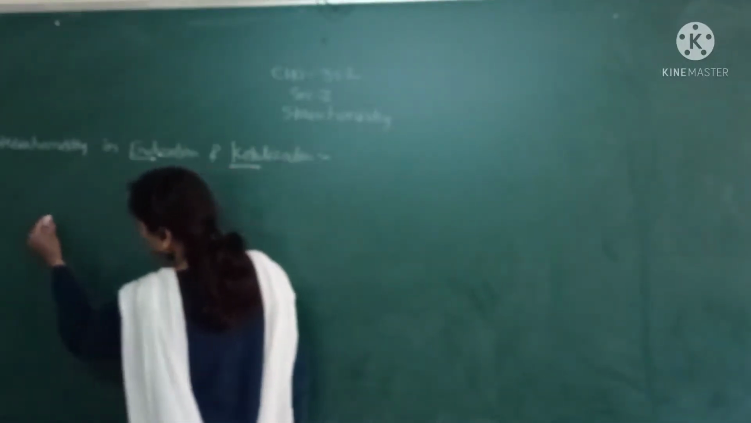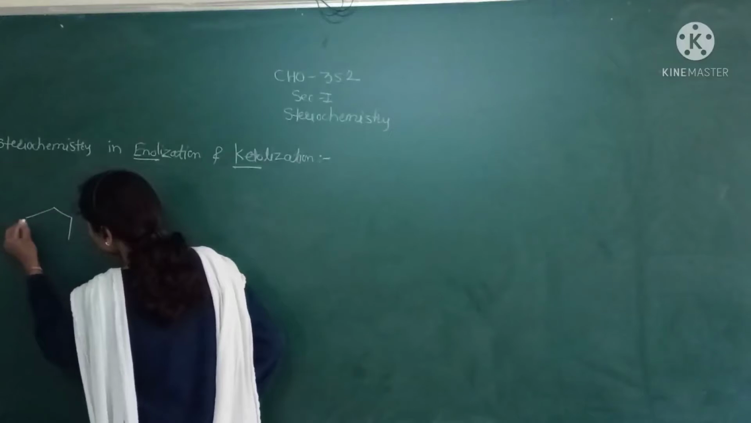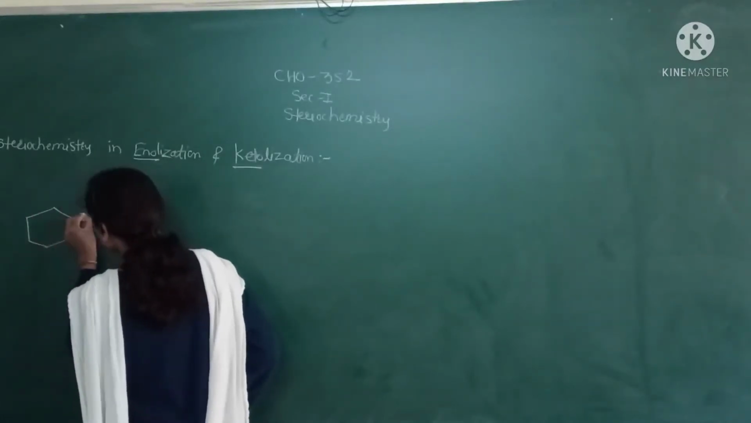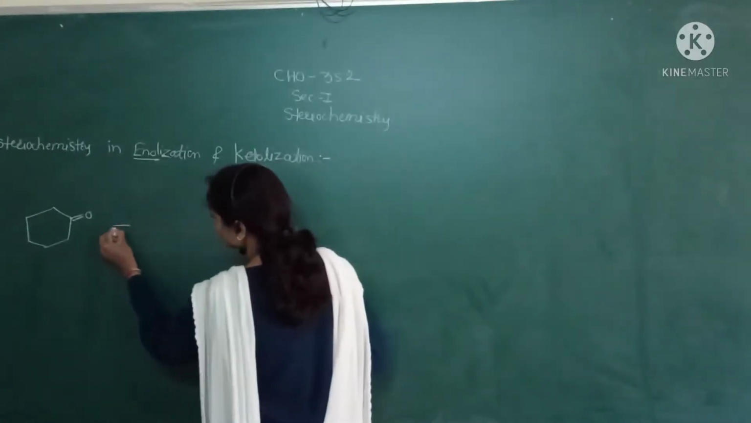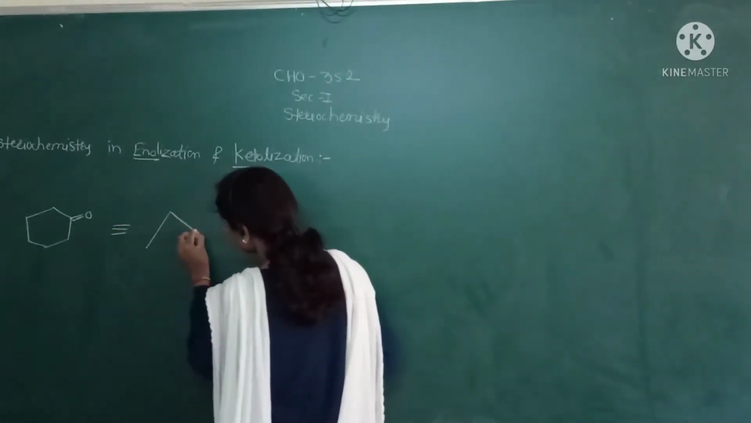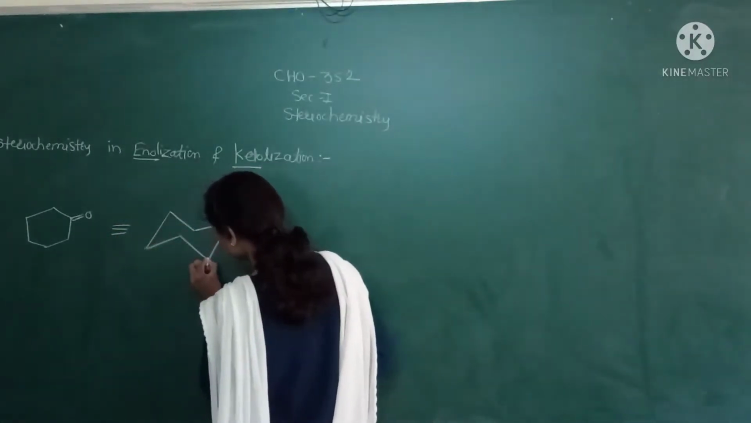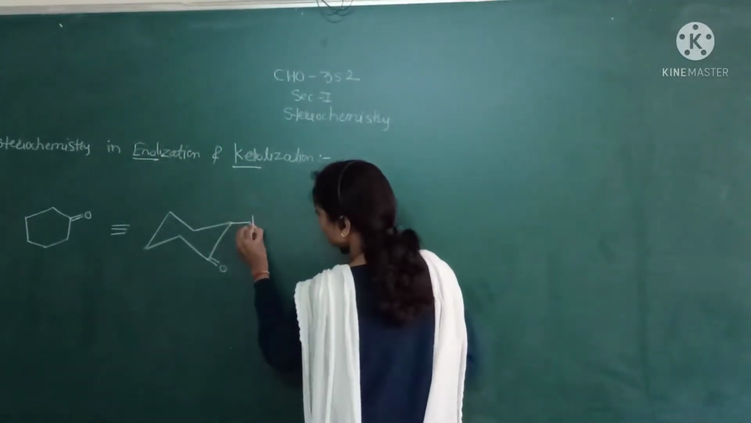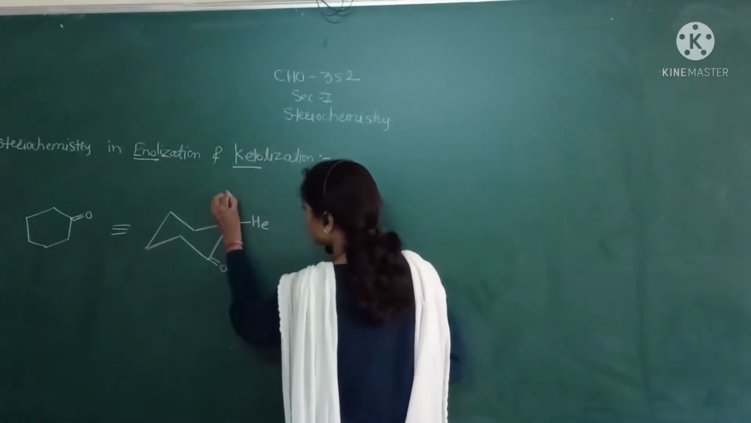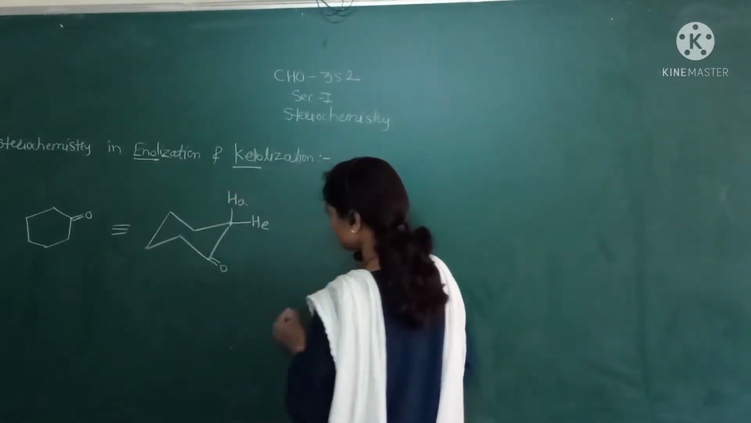Suppose I am taking one example, that is cyclohexanone. This is the structure of cyclohexanone. In chair conformation the structure is like this. This is the chair form of cyclohexanone. Here is an equatorial hydrogen and here is an axial hydrogen. In that, suppose